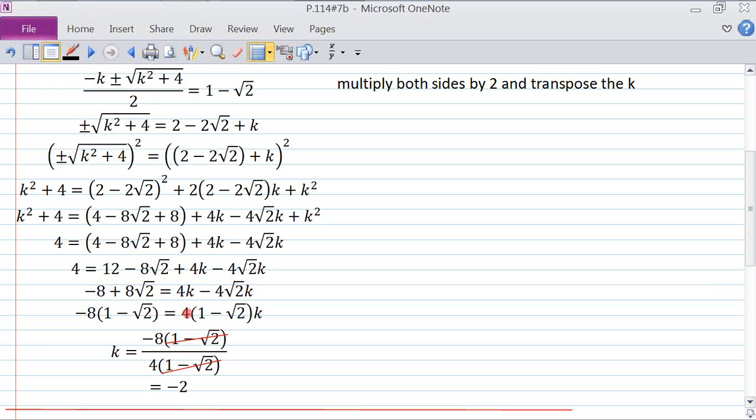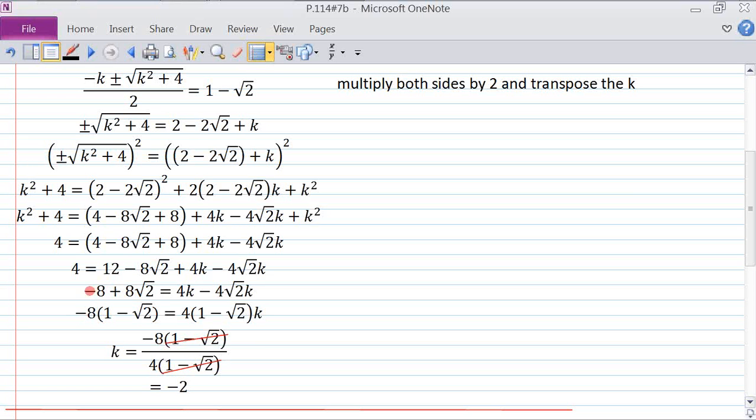Now I'm going to factor out a 4 from here, and 1 minus root 2k. So I'm just factoring out the 4 from here, and I'm left with 1 times the k gives me the 4k right here. 4 times 1 times k gives me 4k, and 4 times minus 2 times k gives me